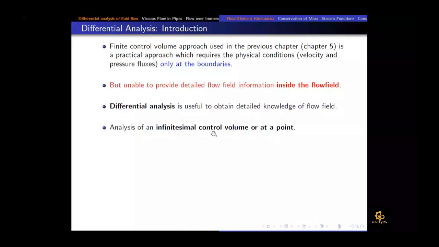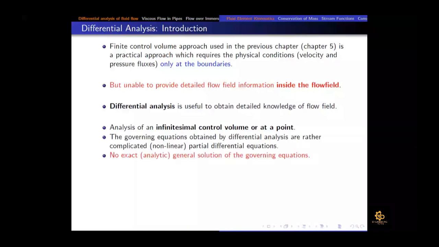How it is done, we are going to study in detail in the coming lectures. The governing equations obtained by differential analysis are rather complicated. As I have already told you, those are the Navier-Stokes equations, and there is no exact